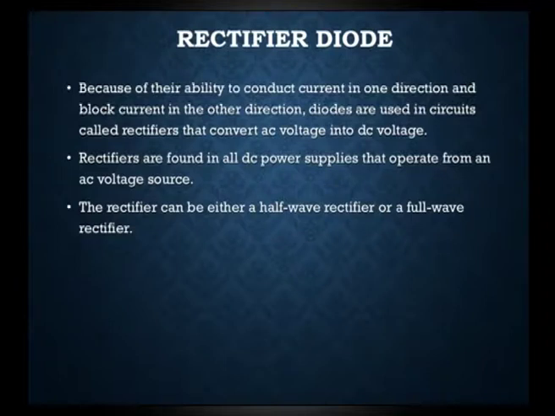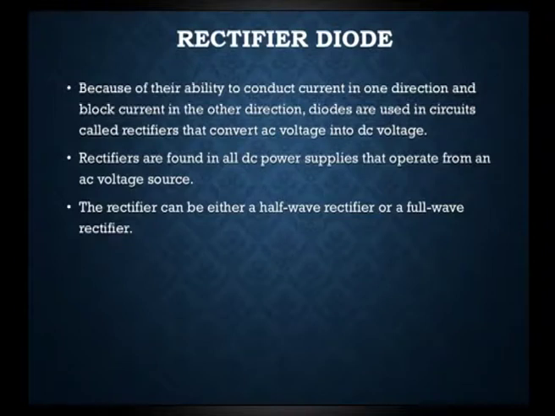Before starting with the half wave rectifier, what does the rectifier stand for? What does the rectifier mean? We already studied the characteristics and operation of the diode in the previous sessions. The diode usually conducts in only one direction, which is why it is called a unidirectional device. Because of this property we can use a diode as a rectifier, which is the main characteristic of the diode.